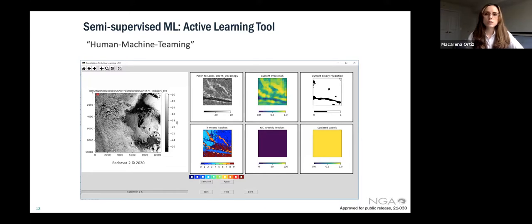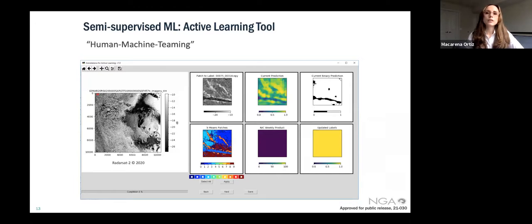An analyst would ingest a new image into the tool, where the image is pictured on the left-hand side. And let's say that for whatever reason, they didn't like the output of the ice map because there were some errors. Through active learning, they can retrain the model on the fly without having to label a bunch of pixels, because active learning essentially presents the user with the most out-of-sample pixels, or the pixels the machine found the most difficult to label. And that's shown in that little red box in the upper left-hand corner of the original image.